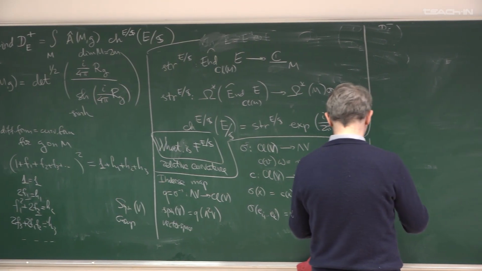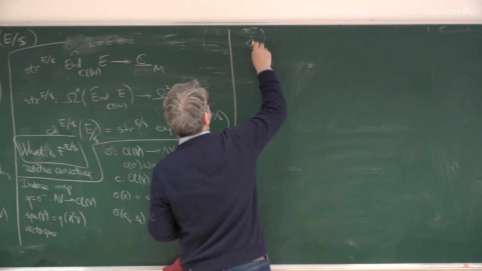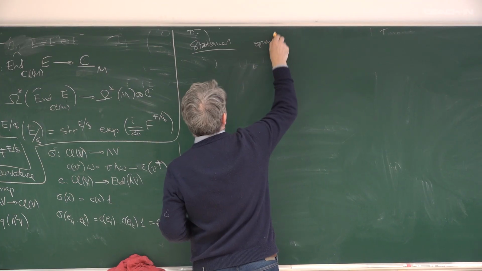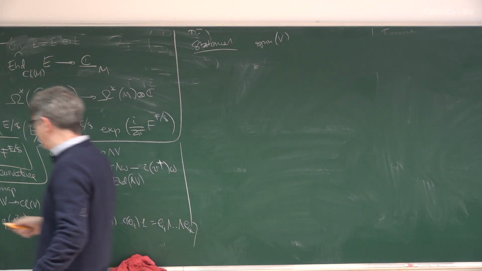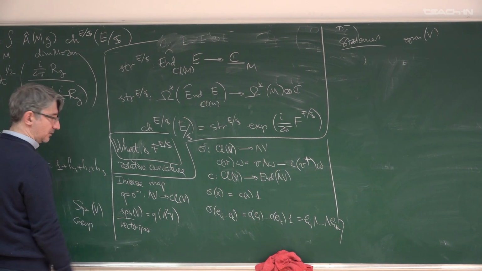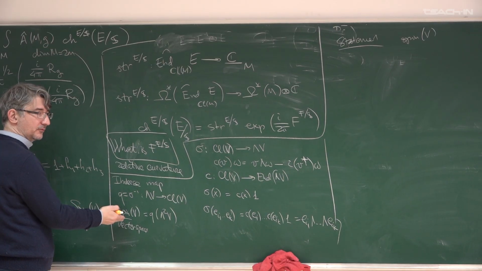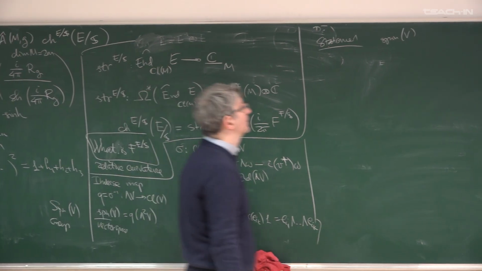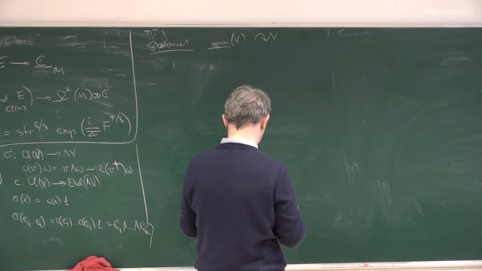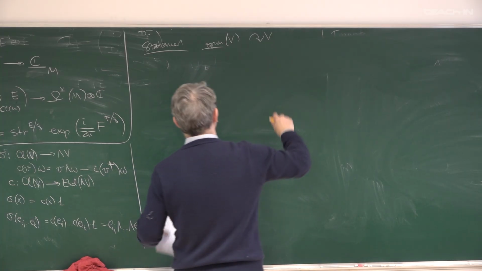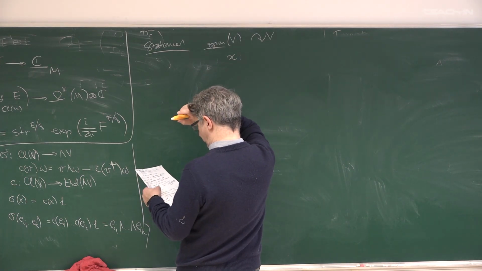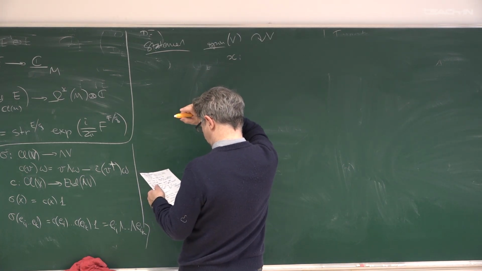So what I want to do next is a statement. Spin, because I'm writing by hand, let me underline it to show that these are small letters. Small letters. Spin V acts on V. The formula is as follows. You take an element here. The notation for the operator is